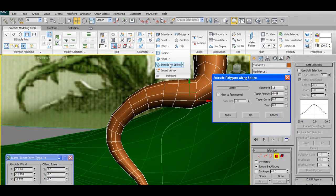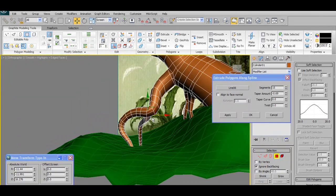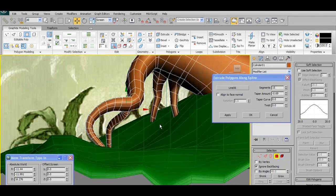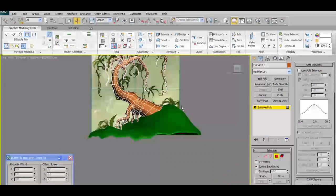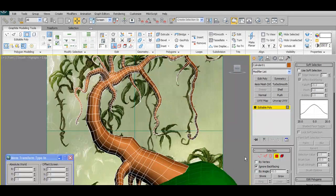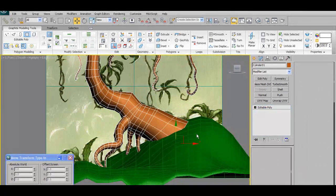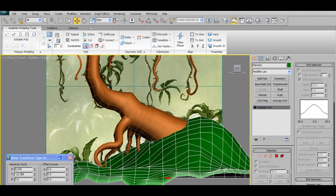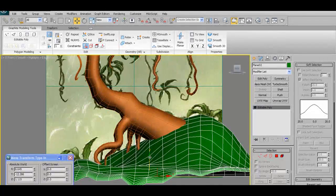And then extrude on spline. Choose a spline. Definitely bring the segments down on this one, but up the taper curve and collapse the end. And voila! I feel like we're pretty much done here. So there's only one thing I have left to do,